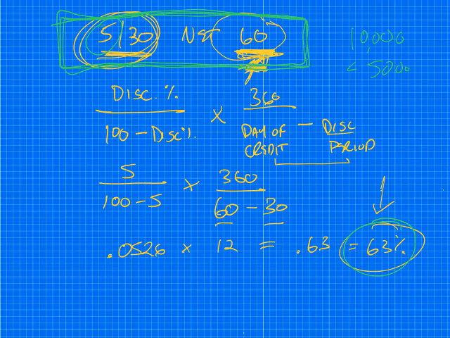I want you to calculate the dollar amount of just the raw discount on that problem in 6.3